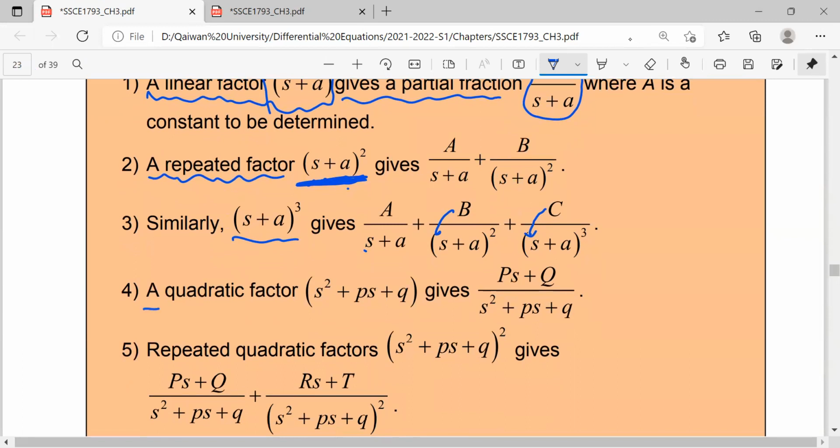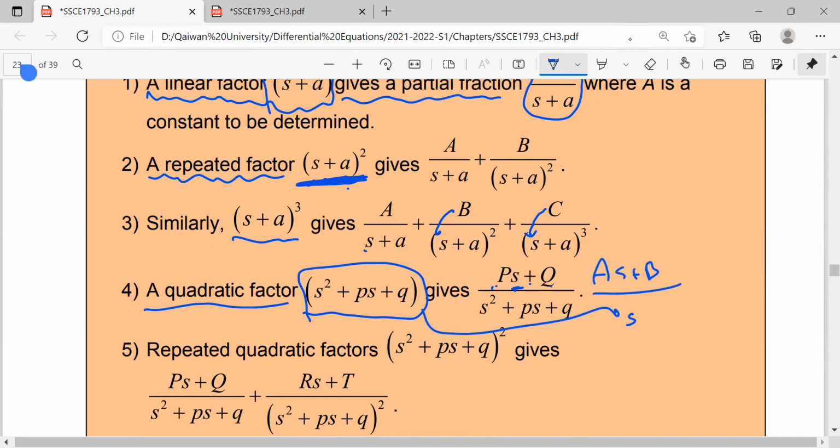And then for a quadratic factor, we say if the denominator is this one, it's quadratic. We say it equals p times, let's say, as plus b. P and q are constants in the numerator. It says ps plus q, or you can say as plus b, over the denominator s squared plus ps plus q. Okay,